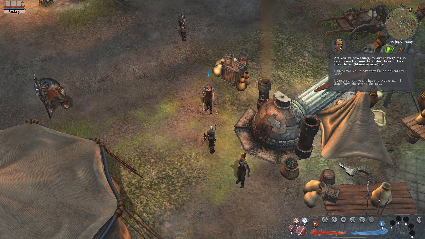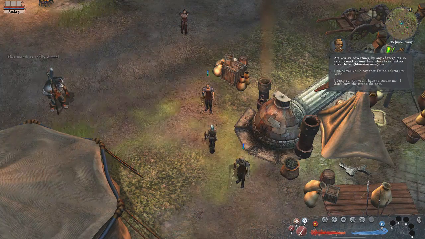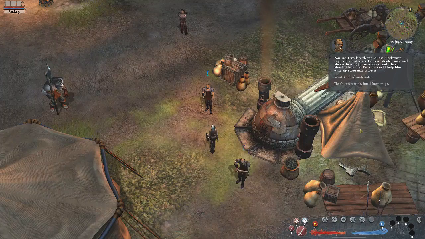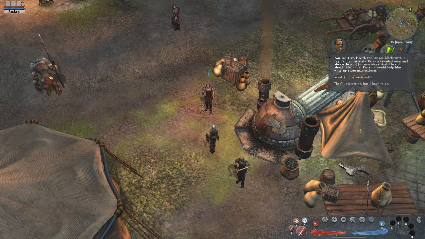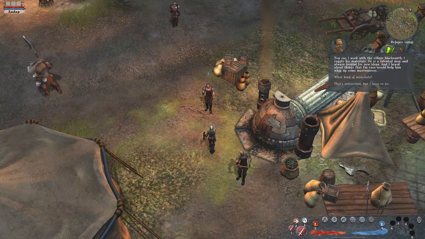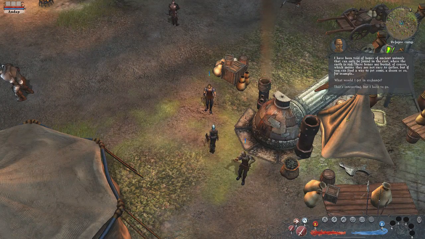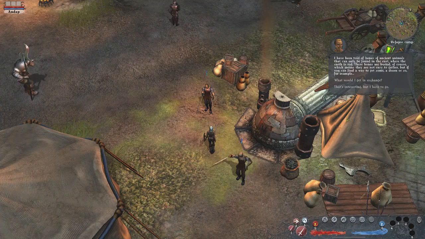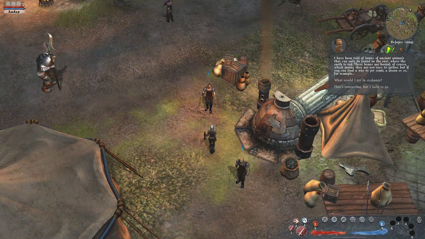Let's see, are you an adventurer by chance? It's so rare to meet anyone here who's been further than the neighboring mangrove. I guess you can stay an adventurer? Why? You see, I work with the... I supply his materials. He is a talented man and is always looking for new ideas. And I heard about things I'm sure would help him whip up some masterpieces. Kind of materials, yeah. I have been told they can only be found in the east, where the earth is red. The bones are buried, of course, which means they are not easy to gather. But if you can find a way to get some,